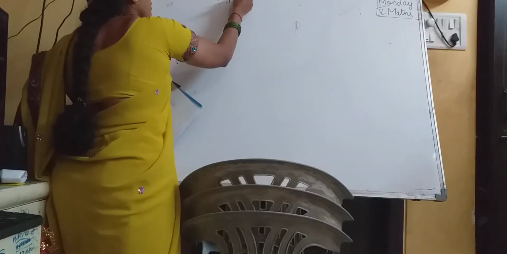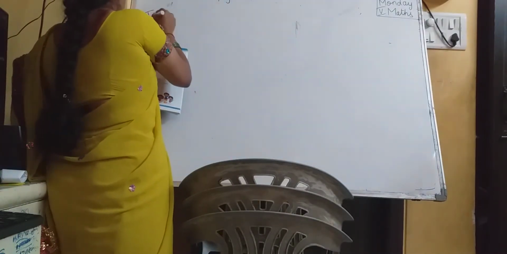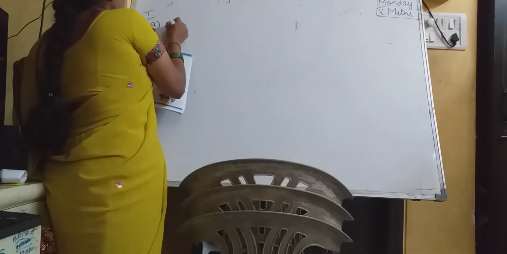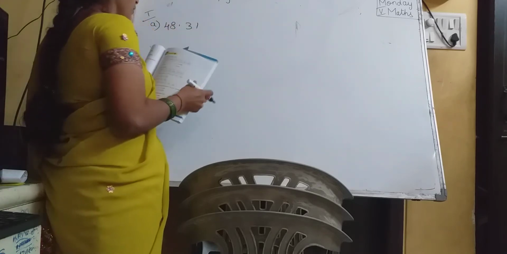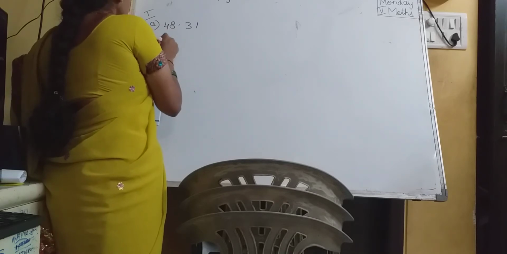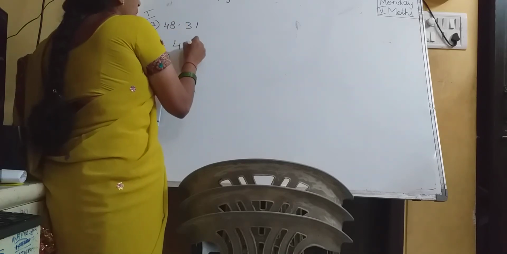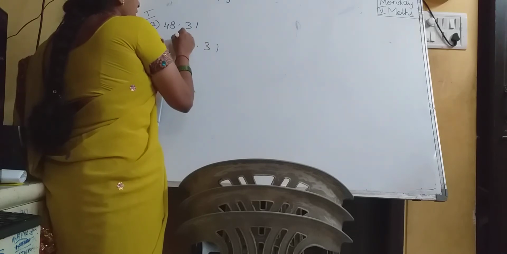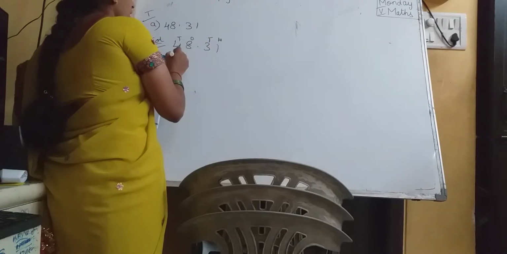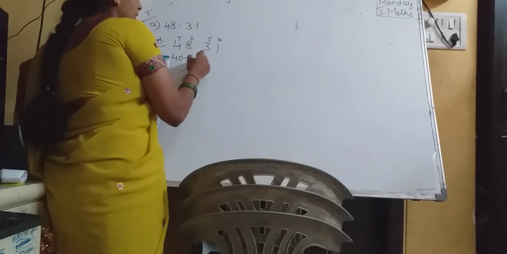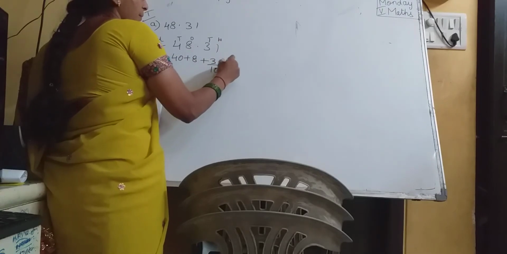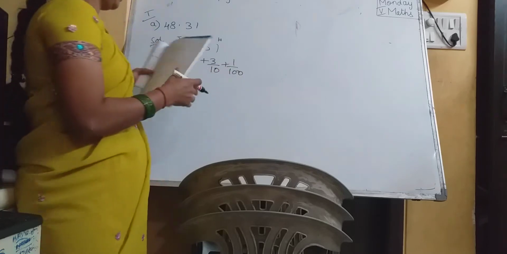Page 67, children. First bit, write in the expanded form. So what is the A1? A1 is 48. I'll say 2, you are going to write 2 as homework, children. 48.31. How are you going to write it in expanded form? Solution: 48.31. So ones, tens. Here there is no ones place, consider the decimal as 1. 10, 100. Okay, 40 plus 8 plus 3 by 10 plus 1 by 100. Okay, like this you are going to write.